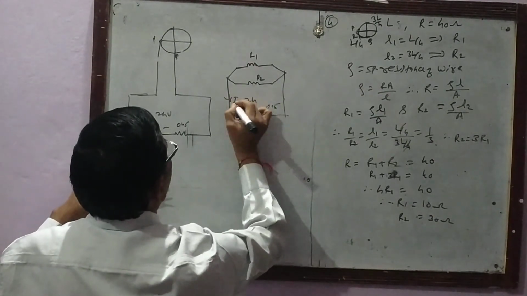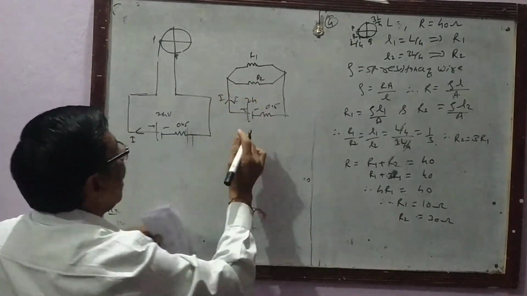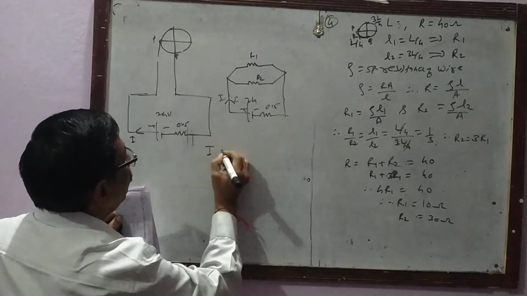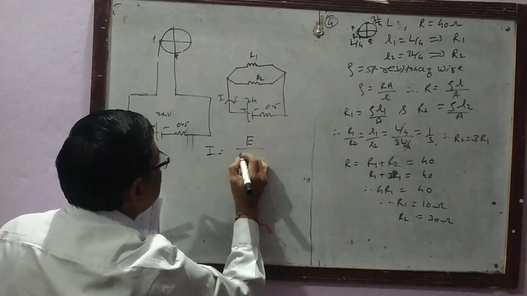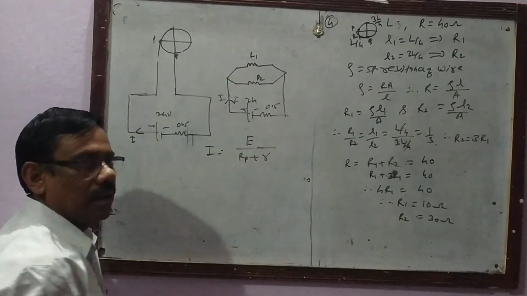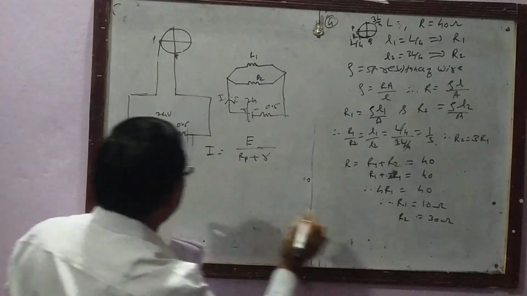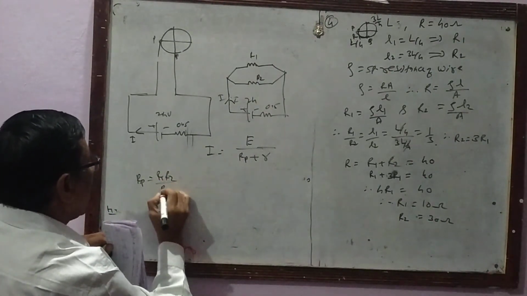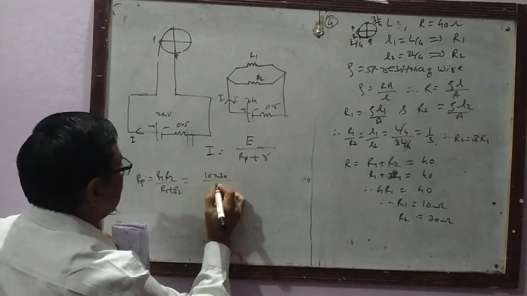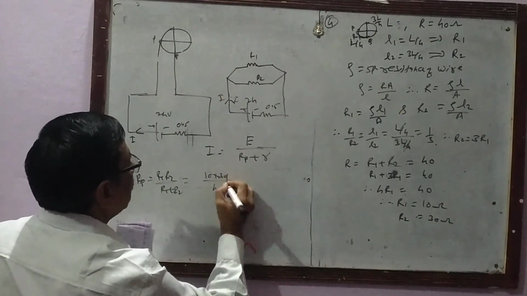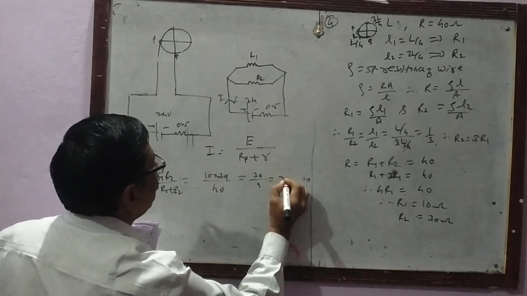Let's apply Ohm's law for the closed circuit. I is the current flowing through the circuit, and applying Ohm's law, I is equal to E, the EMF, divided by the equivalent resistance, that is Rp plus small r. Let us find Rp. Rp is equal to R1 R2 upon R1 plus R2. Putting in the values 10 and 30, it is 10 into 30 upon 10 plus 30, that is 30 upon 4, that is 7.5 ohm.